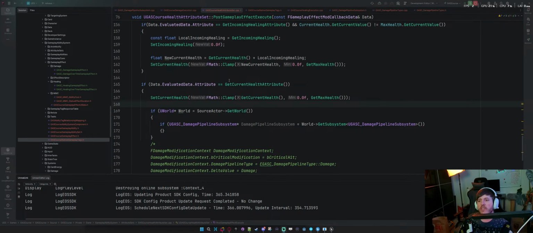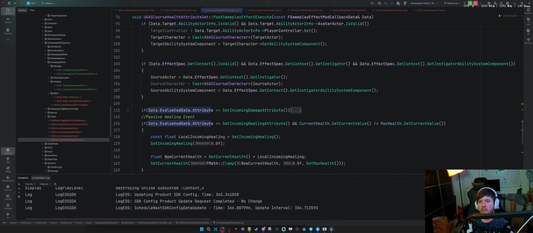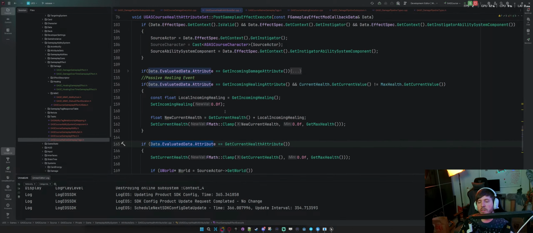So yeah, now we're getting the get current health attribute set, right? So data.evaluate that attribute set. So yeah, we do incoming damage.